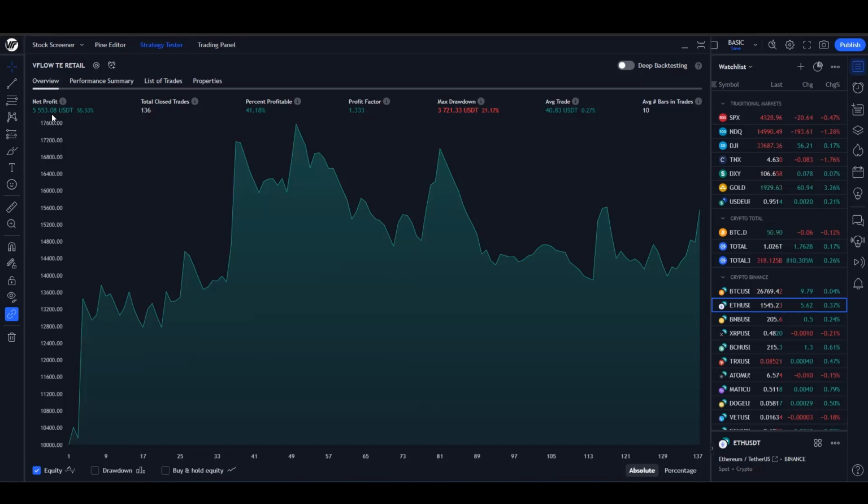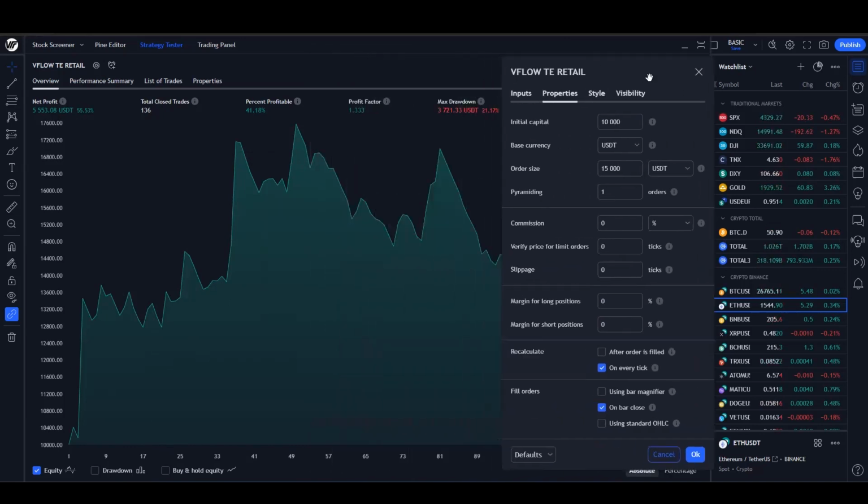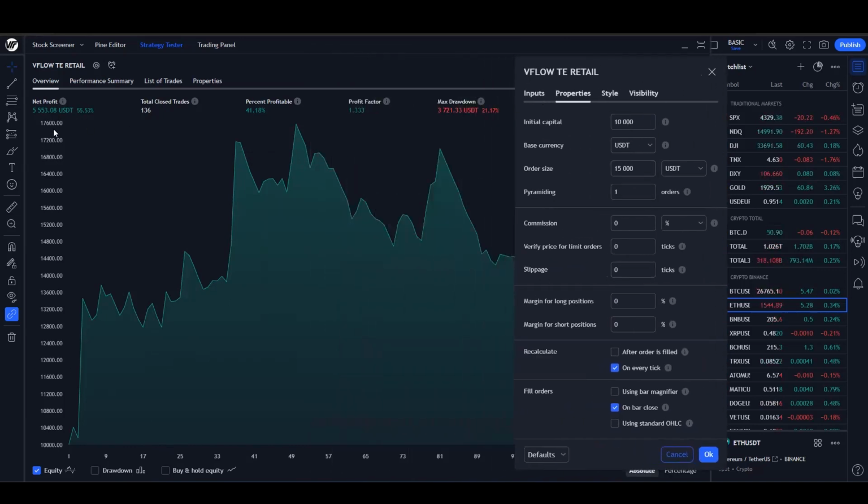We made another 5K with our 10K, 41% profitability, and only 21% drawdown. As I told you, 7,000 was only the worst case scenario drawdown. So if I started 2023 with an order size of 15K and just 10K, in any case, I would have made actually here